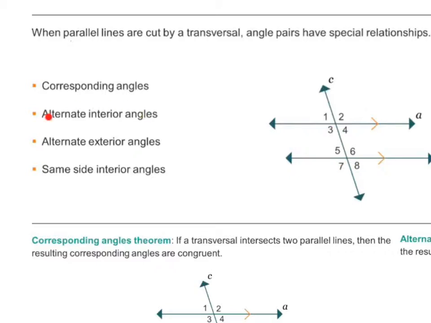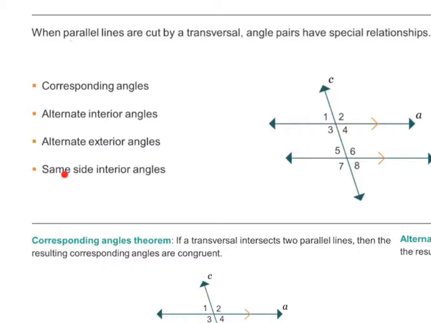Alternate interior angles are angles that are on the inside of the two parallel lines, and they alternate between the transversal. So 4 and 5 would be alternate interior angles. 3 and 6 would be alternate interior angles. And then we have alternate exterior angles. So I've got angle 1 and angle 8. These are on the outside of the parallel lines, and they alternate between the transversal. And then 2 and 7 would also be alternate exterior